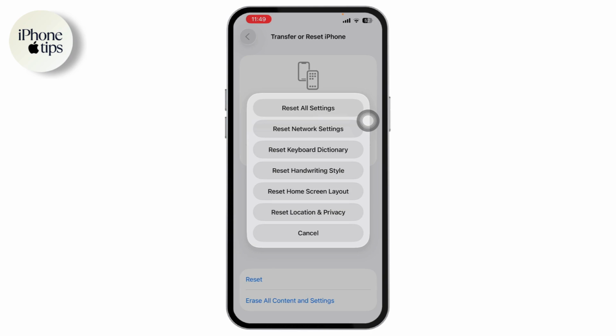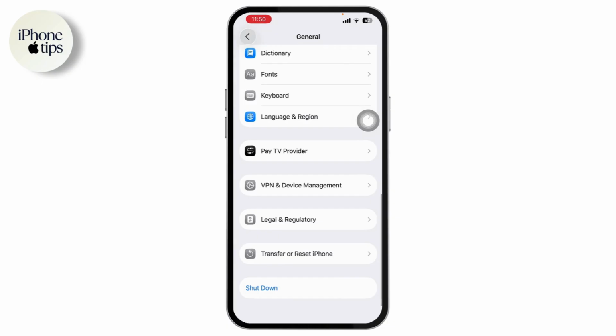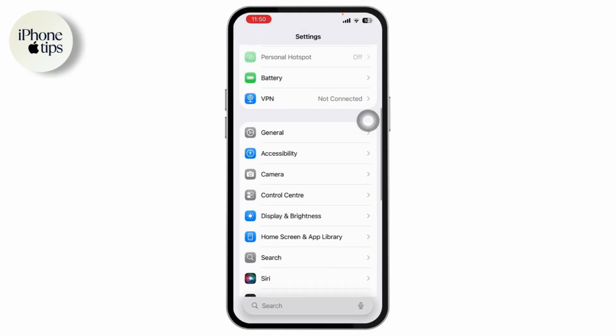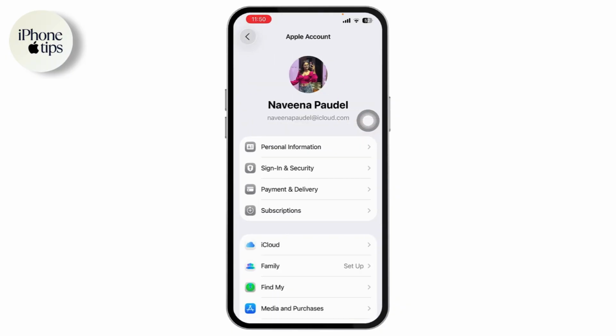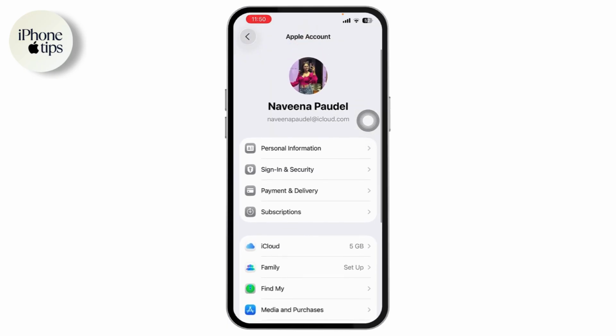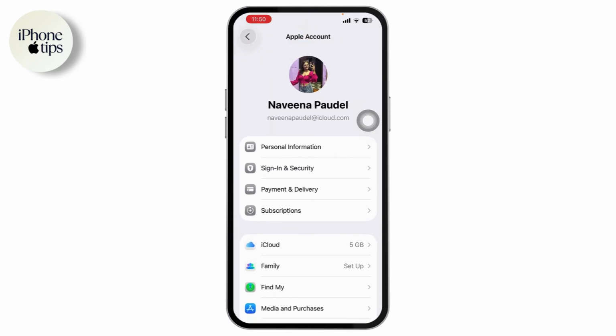But if that doesn't fix your problem, then what you have to do is simply go to the settings again, and this time you need to click on your name or your Apple ID, which will be on the top. And then you will have an option of Family Sharing. If you want to join a different family account, but you are already joined to a particular family, and if you want to simply switch that family, then you'll not be able to